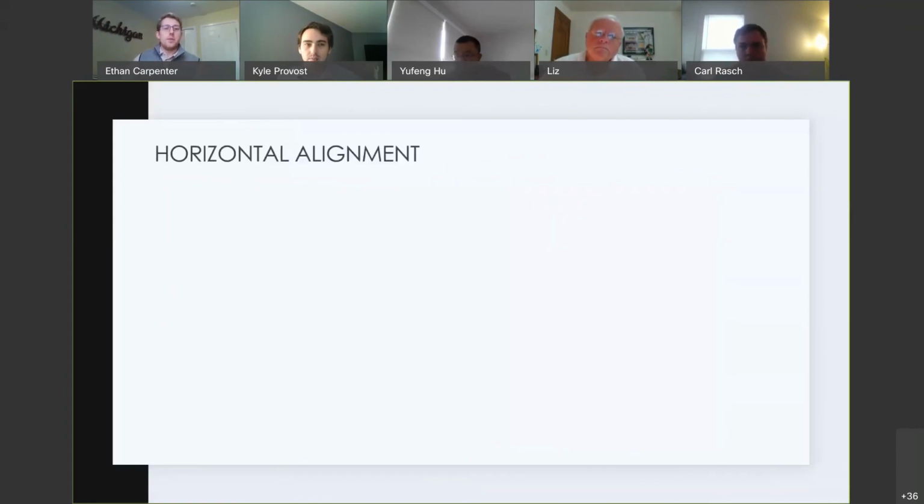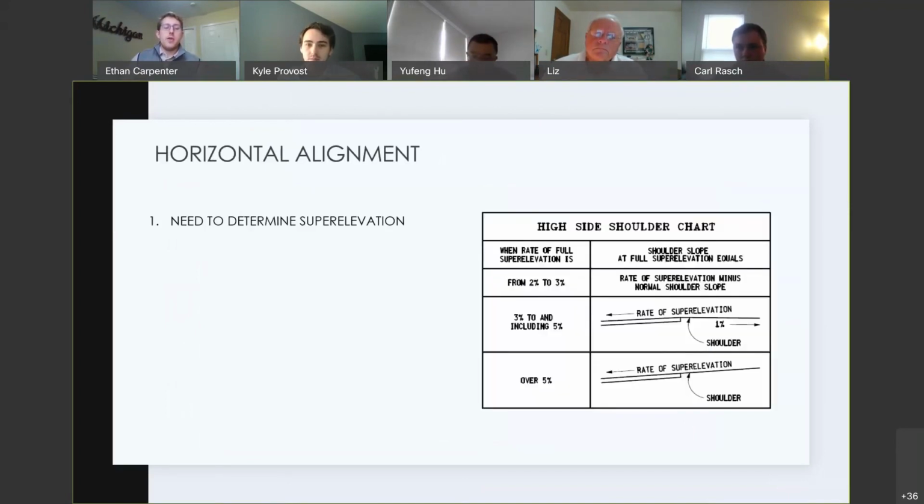When implementing the horizontal alignment, the team needed to review how the super elevation would affect the cross slope of the shoulder. It was determined because of the climate of the Upper Peninsula, it would be best to eliminate the amount of possible water melt that would run across the travel lanes. So it was decided to use a max of 5% for the rate of super elevation. This would allow the high side shoulder within the super elevation to peak at a 1% grade away from the